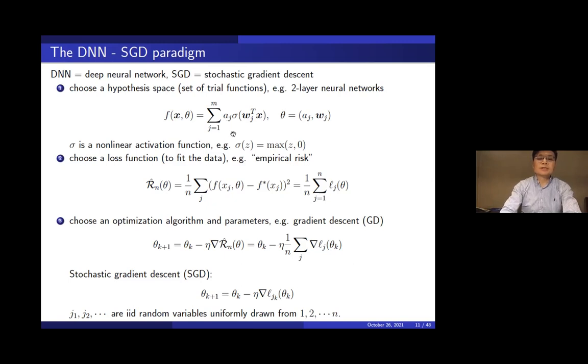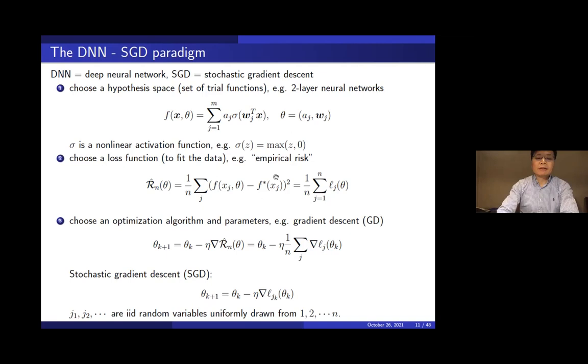because we've got two sets of coefficients, the a_j's and w_j's. These are the free parameters we're going to use to approximate our target function, and usually we use theta to denote the parameters. So this is the first step, choosing a hypothesis space. The second step is to formulate an optimization problem that we're going to solve in order to find the best approximation. For example, since we're given a finite set of data, this will be a very natural objective function to minimize.